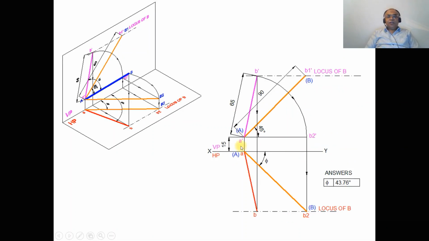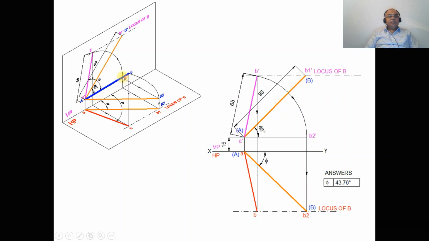Now again, to find the true length in the horizontal plane, take the line in space, rotate it and make it parallel to HP. Both A and B2 are above HP by 15 mm. So now the true length in space is parallel to HP. As we rotate in space, what happens? From A dash, the image is rotated through B dash; A dash B dash is the radius. We draw an arc so that both A dash and B2 dash are above HP by 15 mm.